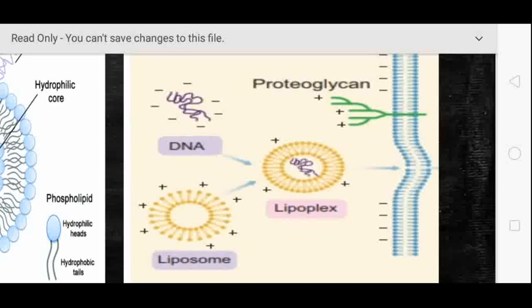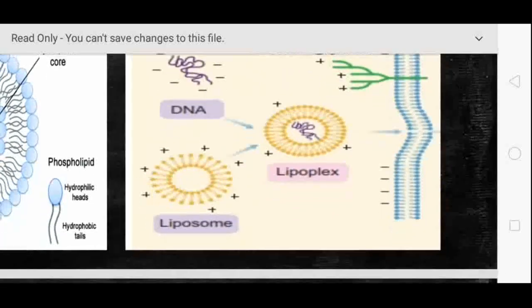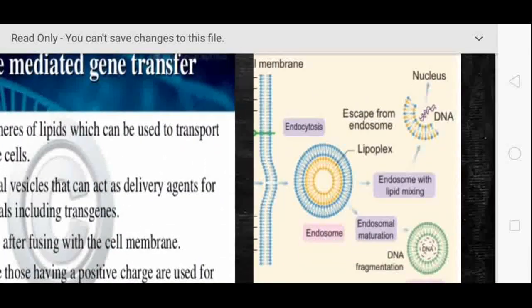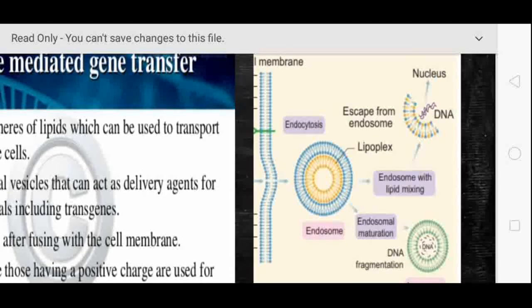This happens by means of the acidic pH and protease enzyme which are present in the vacuole regions. Once it enters the plant cell, as I already said, the lipoplex first goes to the vacuole region. In the previous diagram we saw how the lipoplex is formed. The lipoplex can directly enter into the vacuoles.